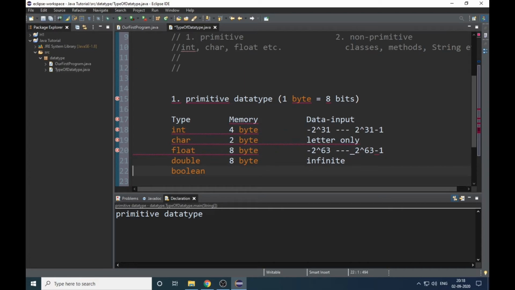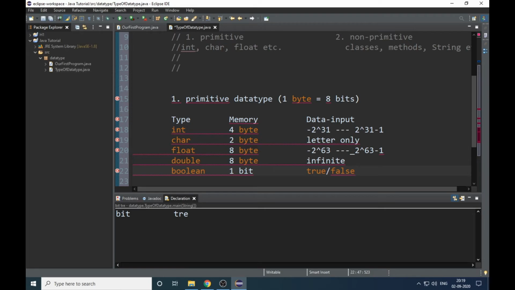It only gives true or false. That's why it consumes only one bit of memory, because it has only 2 outputs, either true or false.